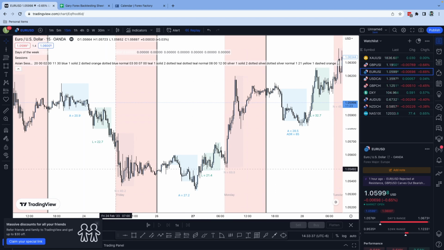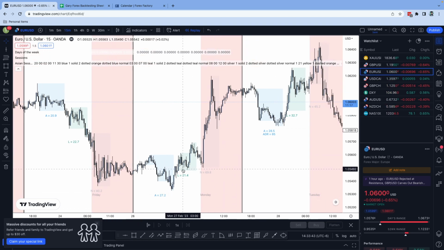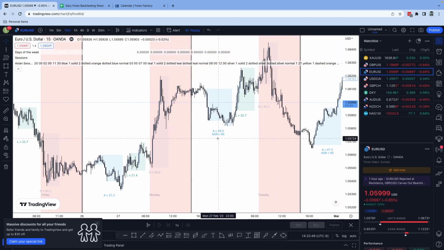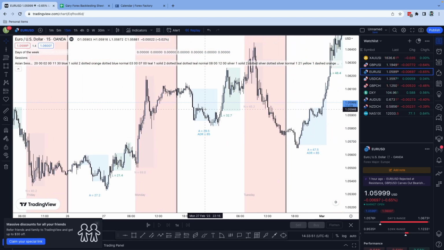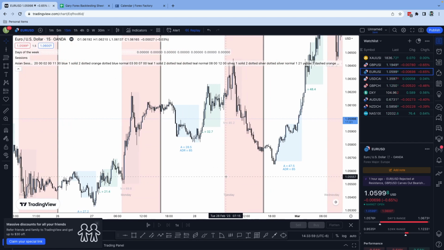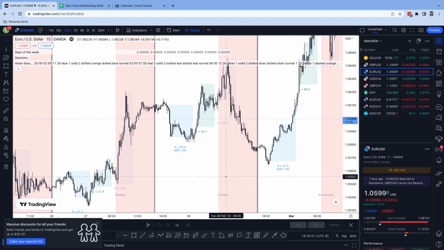So you can say, okay, during the New York session, we can see that EU moved about 40 pips this day. Asian session, it moves about 27, London 21, New York, it moved about 69 pips. Come here, Asian 28, London 32, here it moved about 45 pips. So this is really, really good because you can see exactly which pair moves the most in which session, and